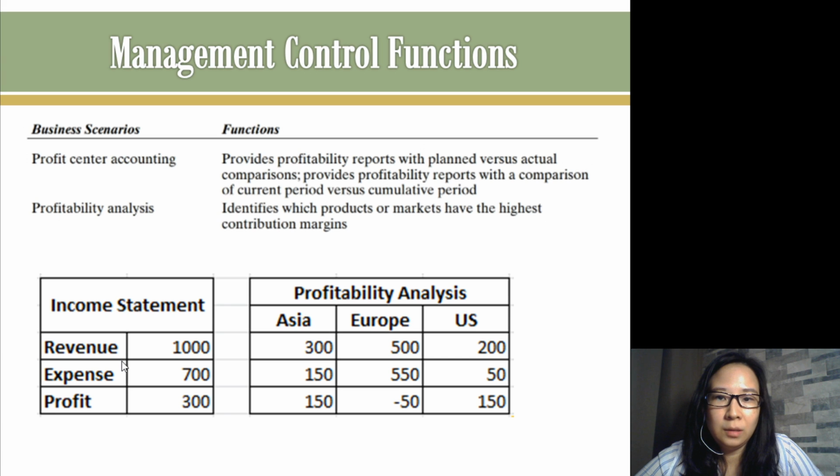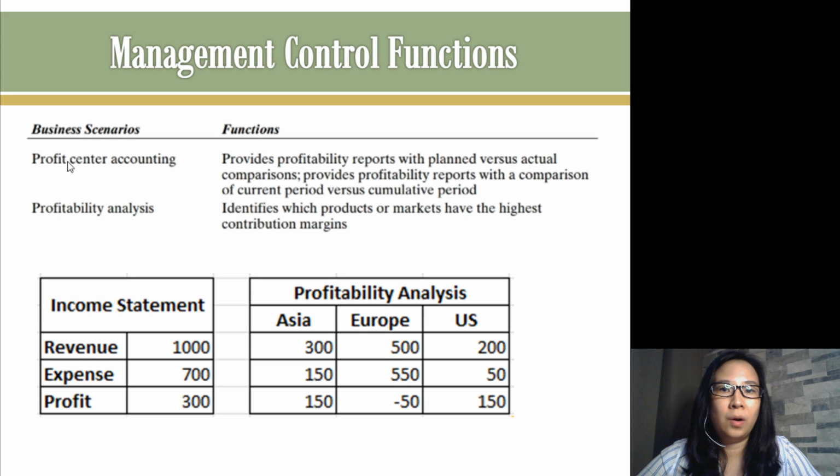But now the thing is, when we only stop at the income statement, then when we look into it, we can only see that our revenue is 1000, our expense is 700, so our company is profitable by 300. But in the management, the first purpose that can be done in management control is actually the profit center accounting, whereby the profit center accounting can compare between the plan and the actual,